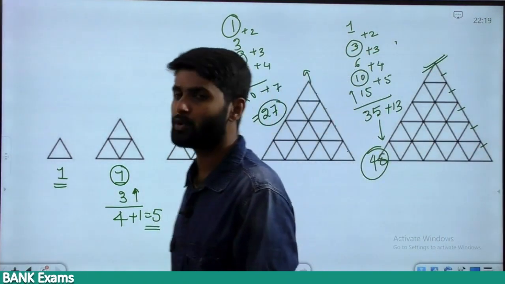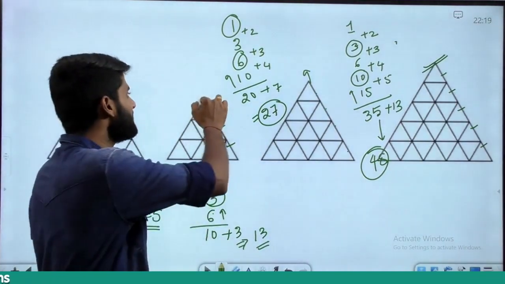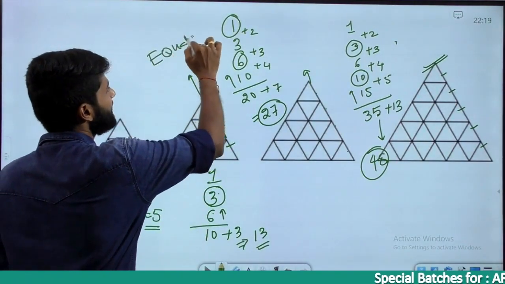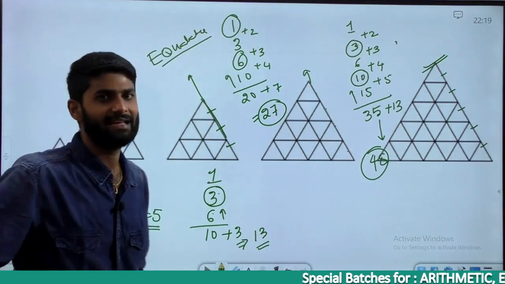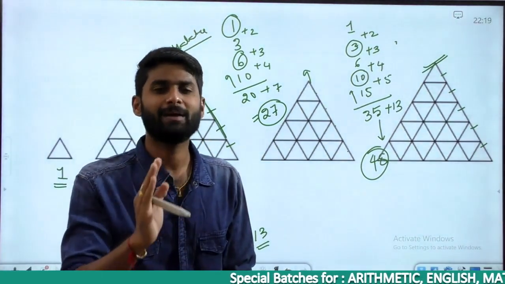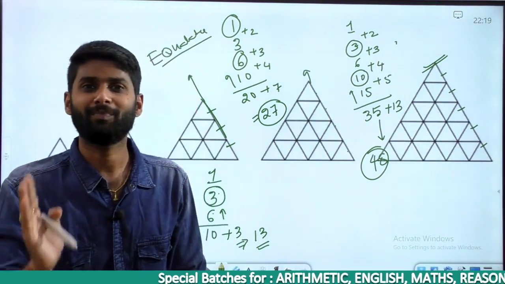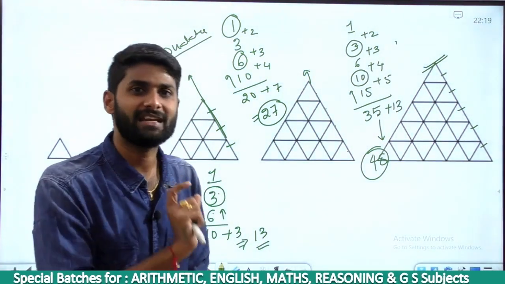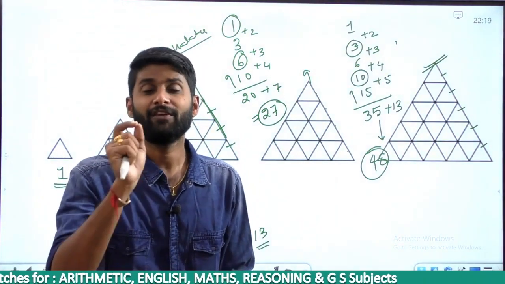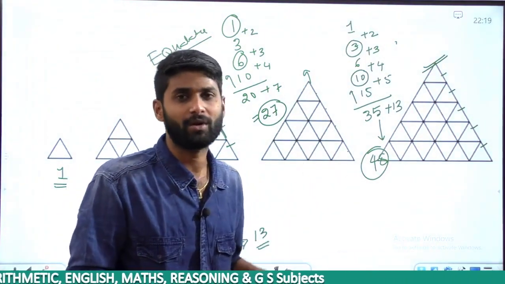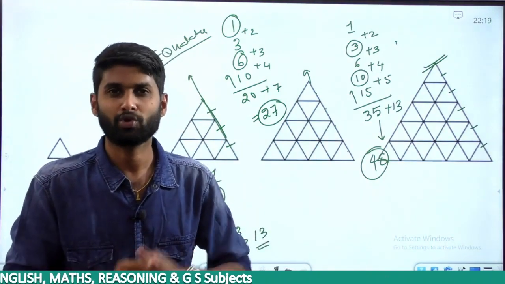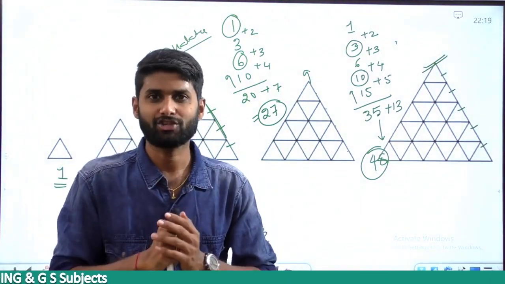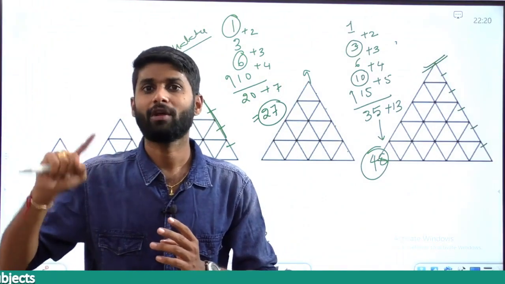So this approach is applicable if the bigger triangle is given as an equilateral triangle. How do we recognize the equilateral triangle? It means every side maintains an equal number of bases. If there is an equal number of bases on any side, the concept relates to an equilateral triangle. If the question is related to equilateral counting, remember the number series approach. What is the number series approach? The first number is 1, then we add 2, next we add 3, add 4, add 5.